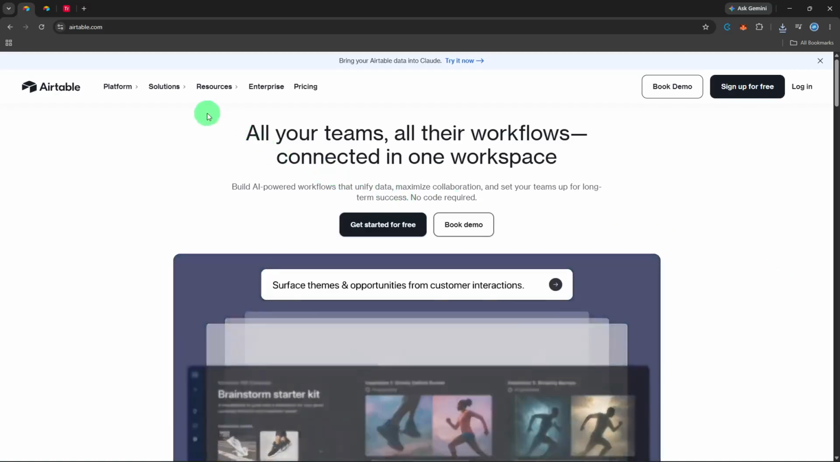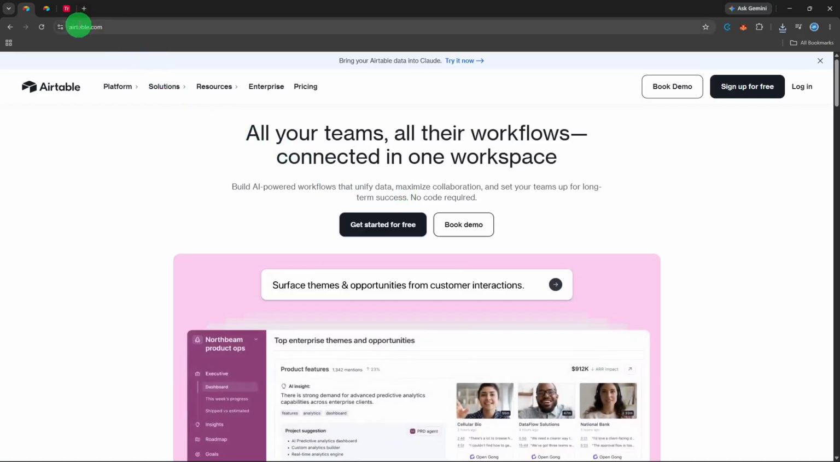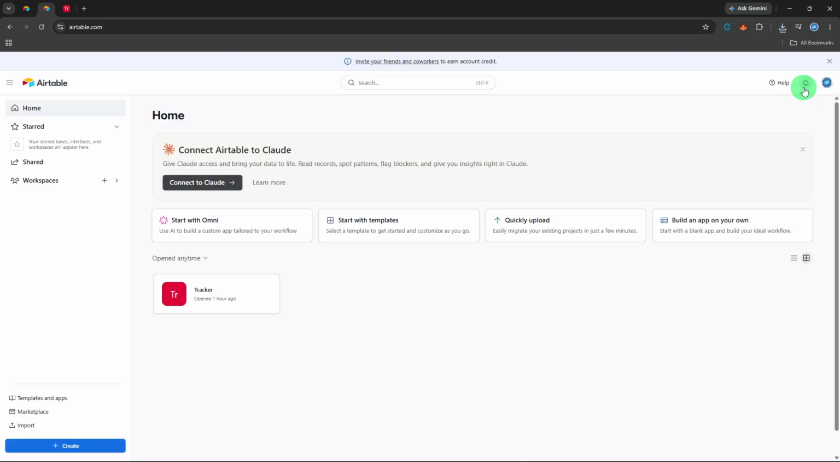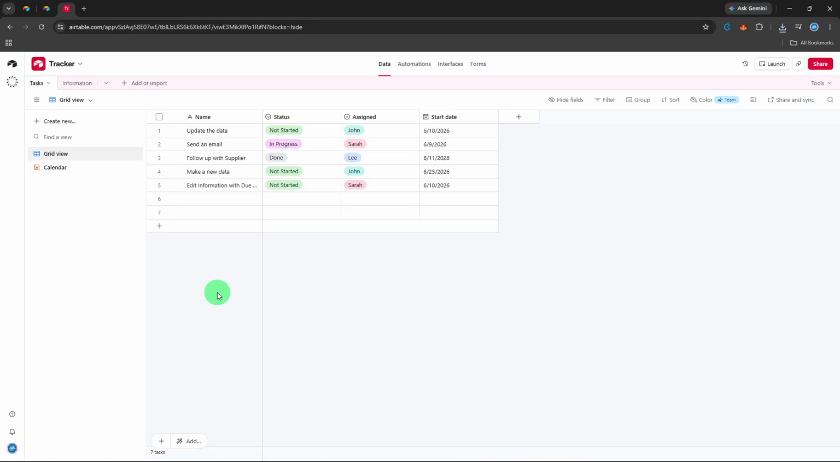First things first, you'll want to open your browser and go to Airtable. Once you're there, click the Log In button and sign into your account. After you're logged in, open the base that contains the table you want to rename. Remember, a base is like your project workspace, and inside it, you'll find all your tables lined up as tabs